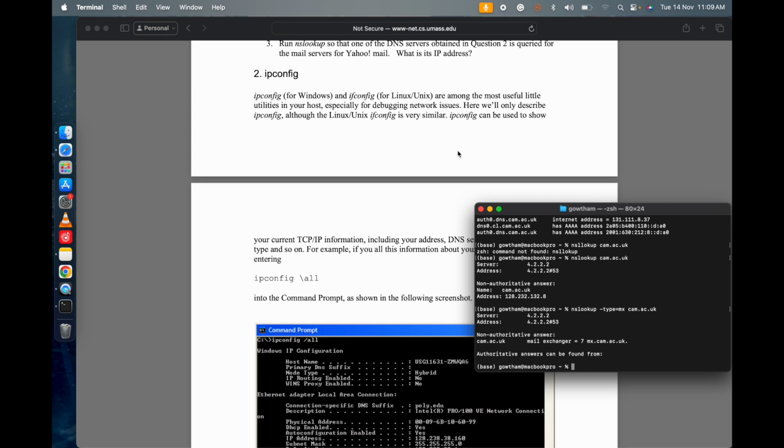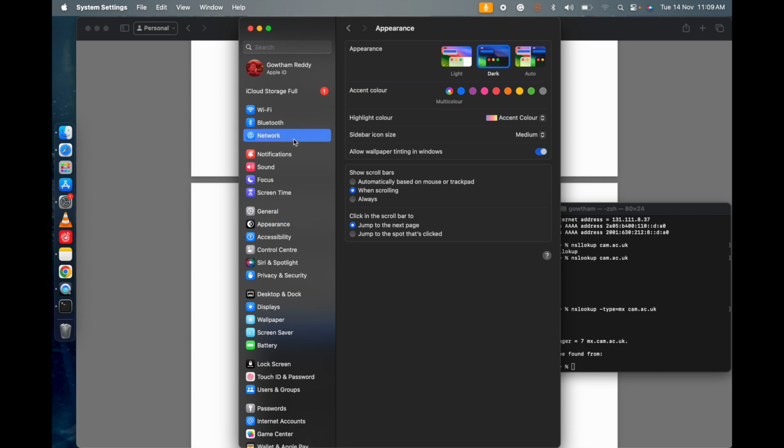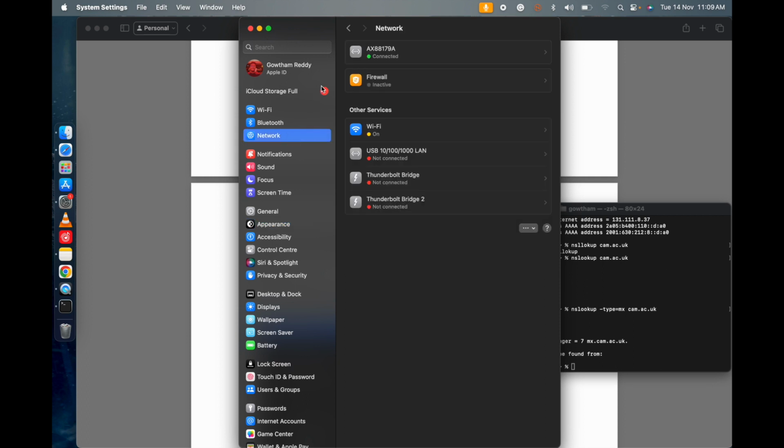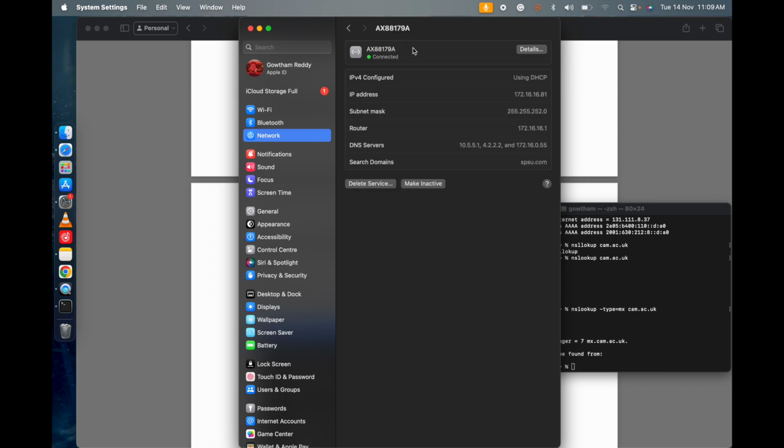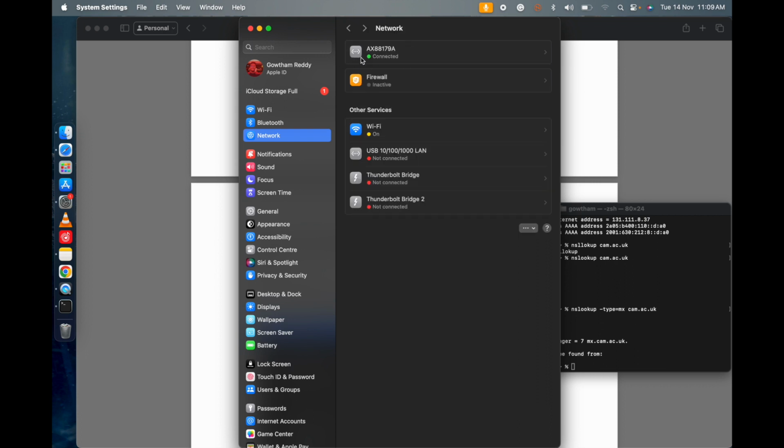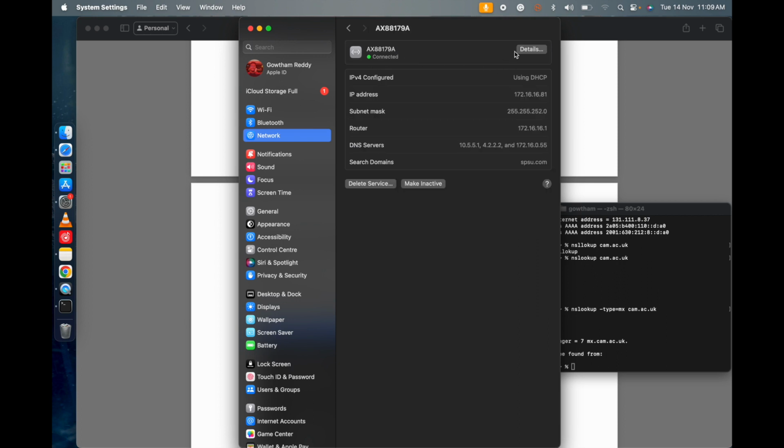So we can find, for example, let's just say you just want to find the IP address of a Mac computer. Just go to Settings, and in Settings you might have seen Network. For example, I have connected to the Ethernet port, so this is showing me this. If you connect to Wi-Fi or any port that you wish to, just enter the port which is connected, which is shown with a green symbol, right? So enter it, and over here you might have seen the